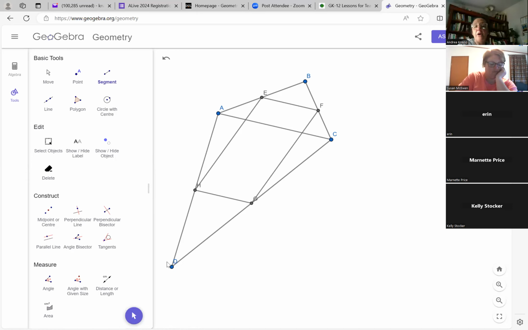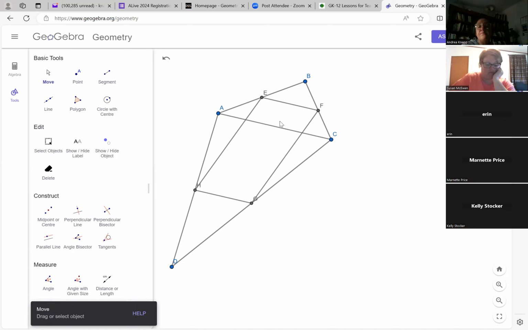Well, by the same argument, this segment HG also has to be parallel to AC and half its length. Therefore, HG has to be parallel to EF. So opposite sides are parallel and they are also the same length. So we know that we have a parallelogram